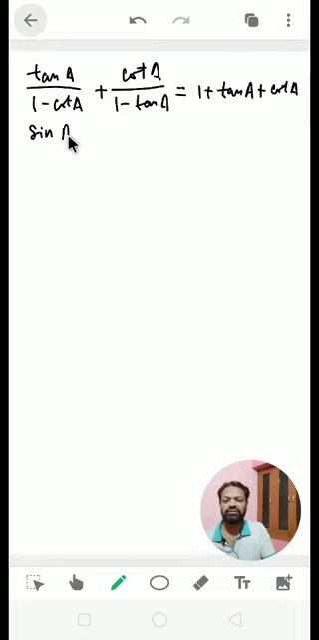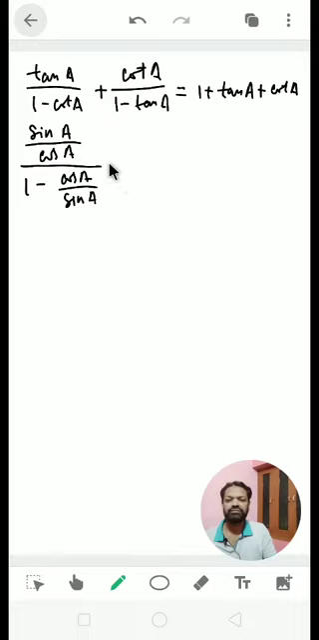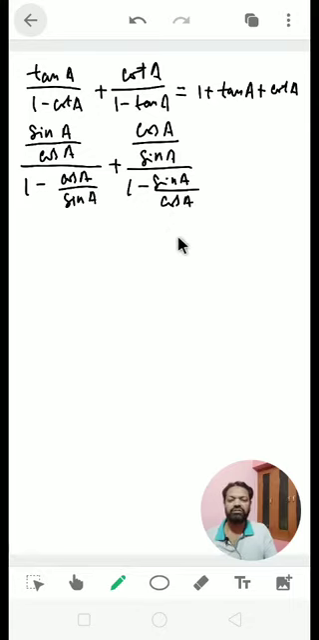First of all, we will convert the LHS into sine and cos. 1 minus cos A by sine A here, plus this cot A will become cos A upon sine A by 1 minus sine A by cos A, because tan A is equal to sine A by cos A and cot A is equal to cos A by sine A. Now let us simplify this. Sine A by cos A,